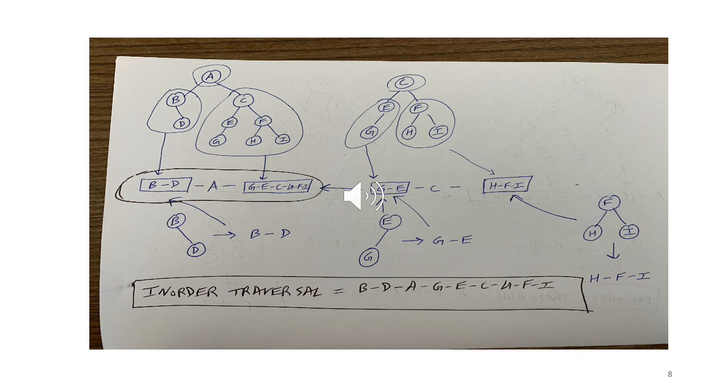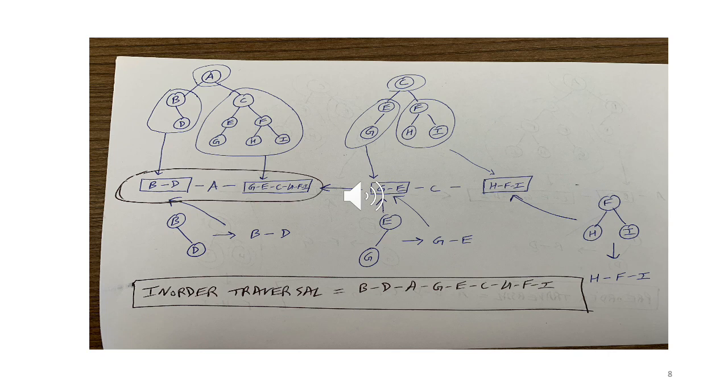So now again, what is the left subtree for the tree rooted at C? The left subtree will have E and G. So we'll put a blank box here, followed by C, which is the root, and followed by the right subtree, which has another box with F, H, I. Okay. So now you can see the recursion. We'll have one box in which we'll put E and G in some order. Then we'll have C. And then we have another box in which we'll put F, H, I in some order.